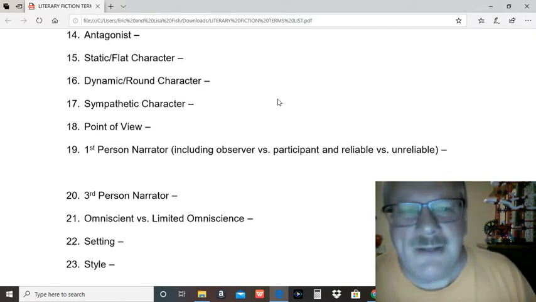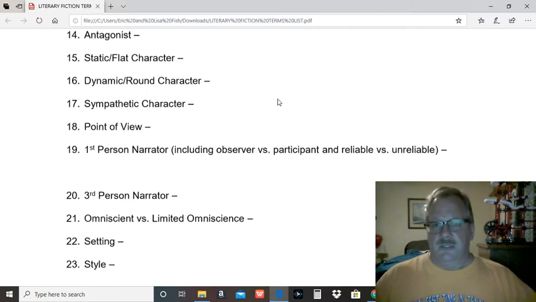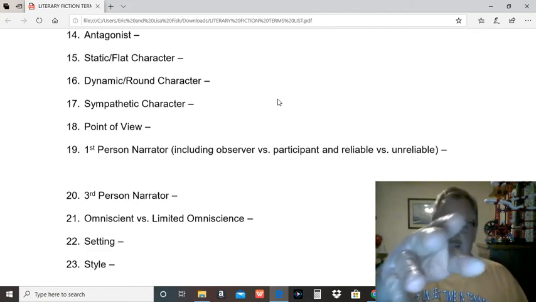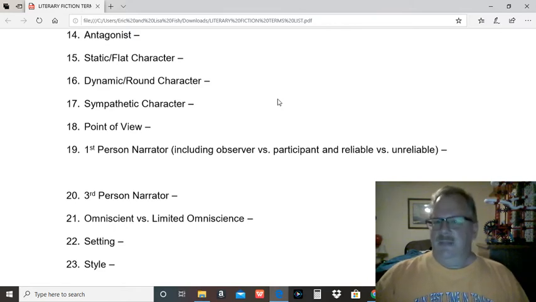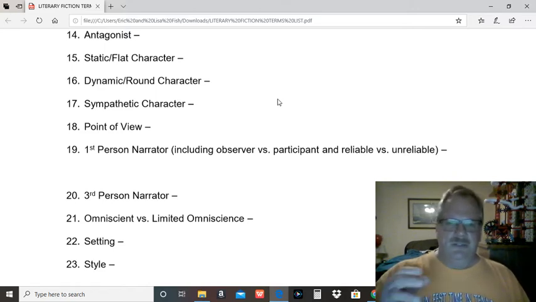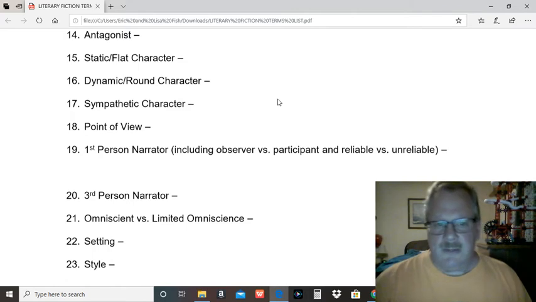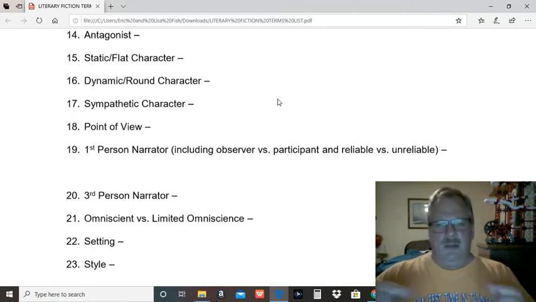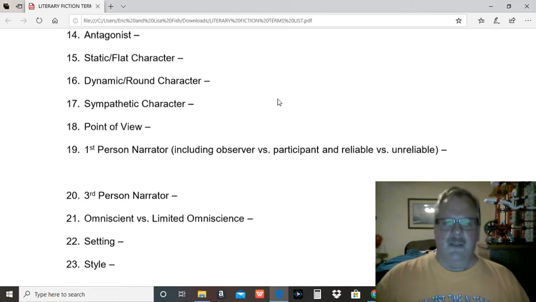this? Round characters, dynamic characters are generally characters who go through change. You may not like the change, but we learn a lot about, say, Emily in A Rose for Emily. We learn quite a bit about the grandmother in A Good Man is Hard to Find, because even after the family's killed, we're still with her, seeing what she's going to do. And eventually she reaches out and makes that gesture towards the Misfit, that gives him what he's asking for. I want proof that God exists. So he's banging his hand on the ground and everything. And she reaches out to somebody she knows is going to kill her, and just sees his suffering and touches him for a second. And of course, he can't handle that. But these are more round characters where you get into the motivations and how they change throughout the